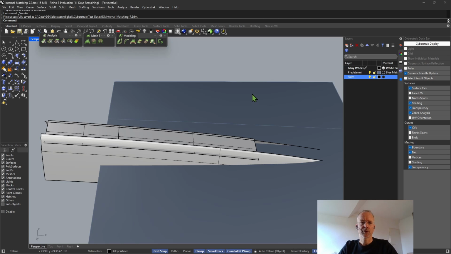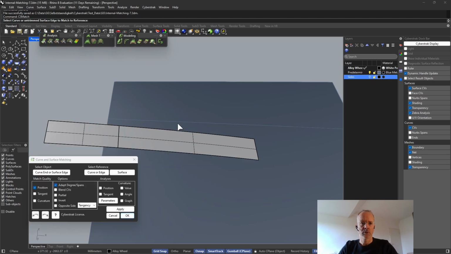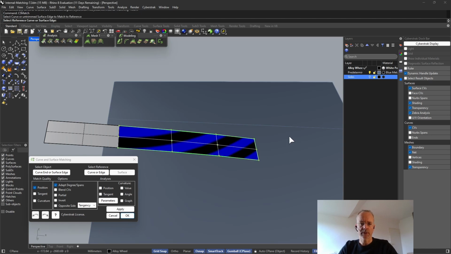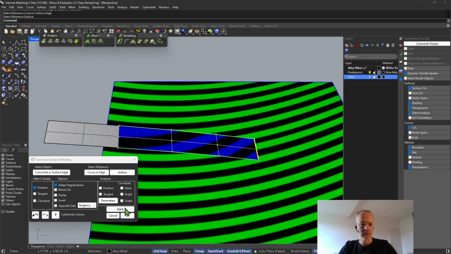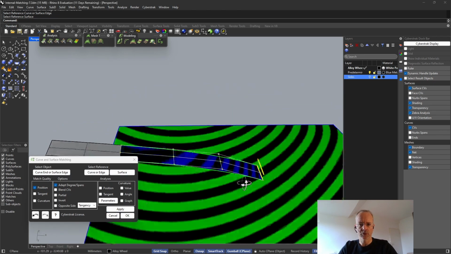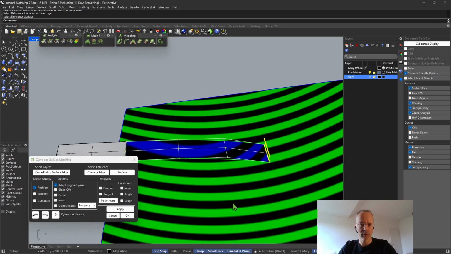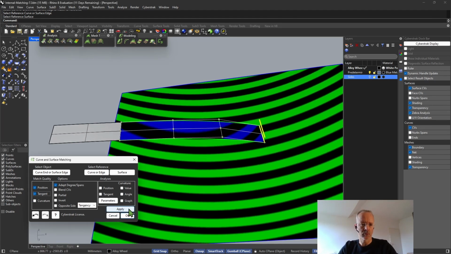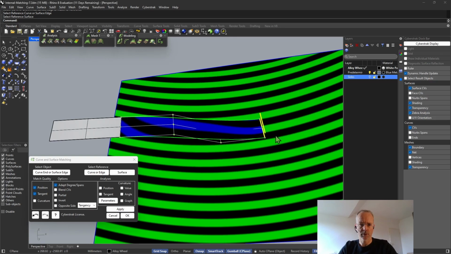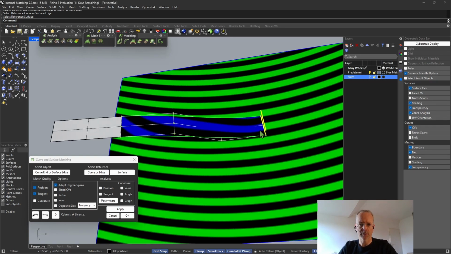The Cyberstrak matching function can now also match inside into a surface. To do so, when you're calling the matching tool and have selected the edge to match, you need to cancel the selection by pressing the right mouse button, because that selection is looking for a curve or an edge. And now you press the surface button inside of the dialog and select the surface you want to match into. If you then hit apply, you can see we achieve position continuity, but you can also go for tangent, and now you can see that the zebras start to line up,